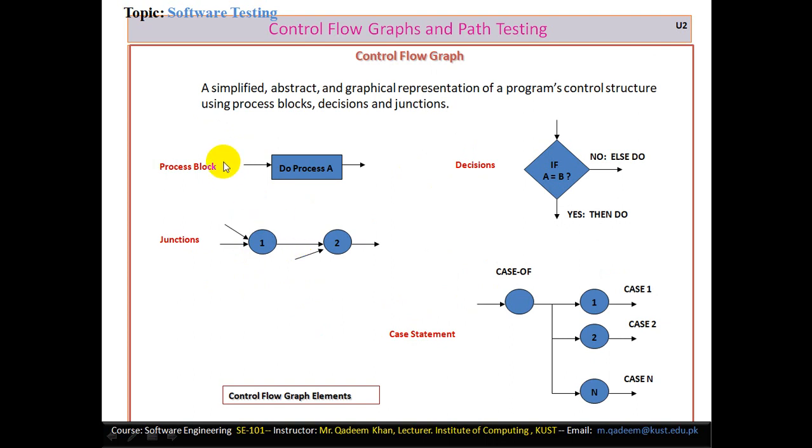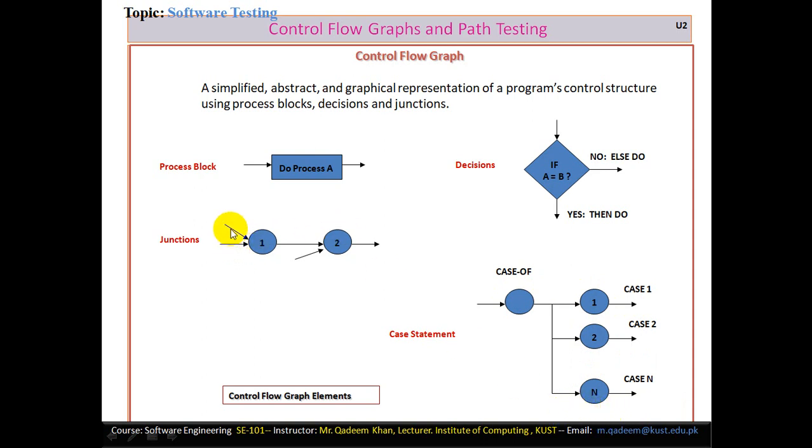This is, in fact, the control flow graph developing methodology. For example, how you will create the CFG. If the process is in sequence, you can define the statements in particular sequence. If this is the decision statement, if the decision is true, then yes, and if the decision is false, you will go to another side. This is the case statement. If case, then value 1, it is in fact switch, and then case 1, case 2, up to case n. And at the end all will be combined for the exit.